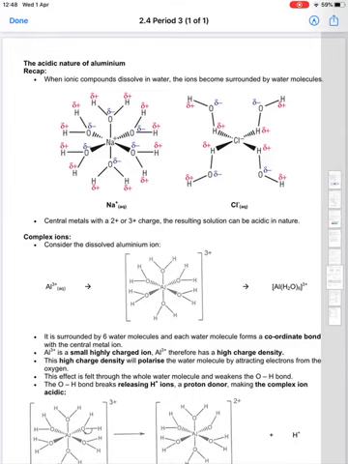Okay, so we're going to have a look at the acidic nature of the aqueous aluminium ions. And just to start with, you just need to look back at what we talked about when we were talking about dissolving way back in term one. And if you remember, we talked about